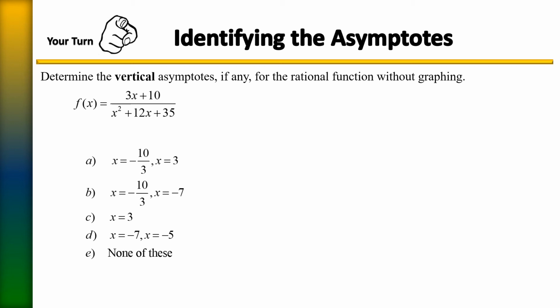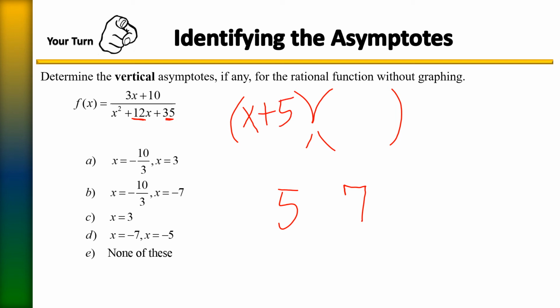So we're going to go ahead and factor this. It factors into the two numbers that give us the last number of 35. That would be 5 times 7. And at the same time, those two numbers, if we were to add them together, equal 12, our middle term. So that is the correct pair of numbers that we were looking for. So that's going to be x plus 5 and x plus 7. And now all we need to do is to go ahead and